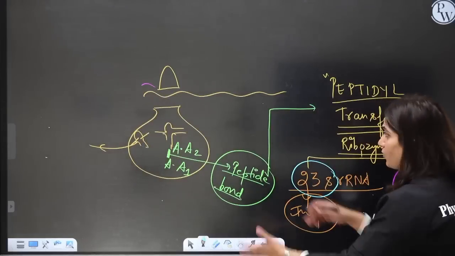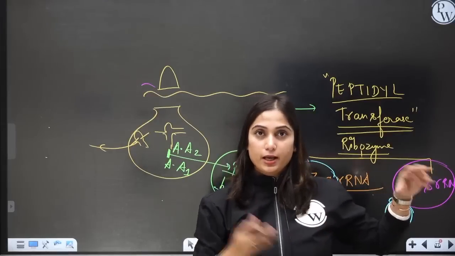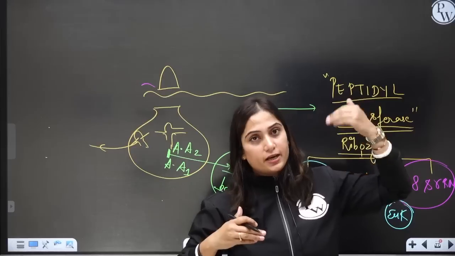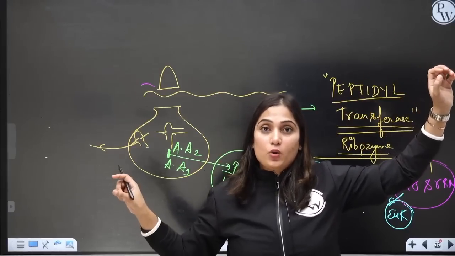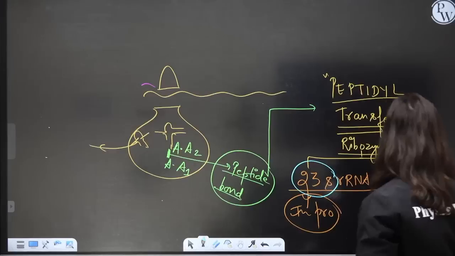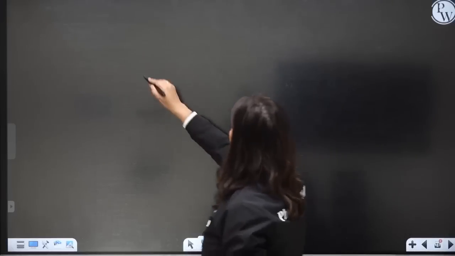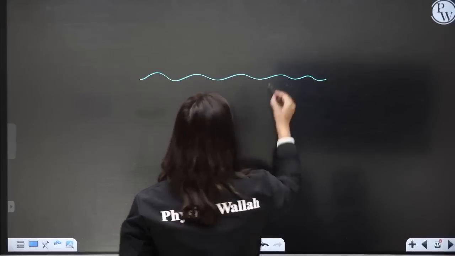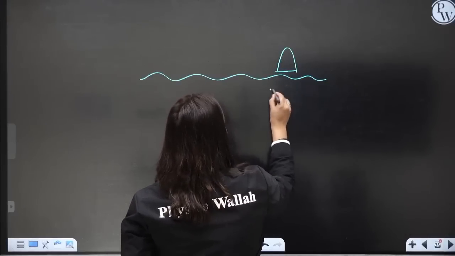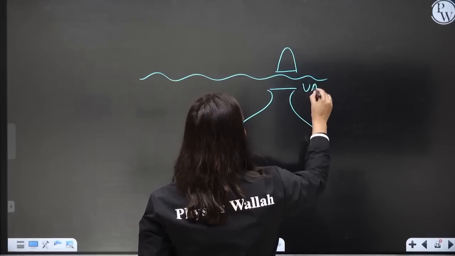Okay, so this process will go on. The ribosome will keep on translocating on the mRNA. New tRNA will come, the old tRNA will go. The amino acid chain, the protein chain, will be growing, and this will continue until the stop codon reaches. So when this reaches the stop codon,